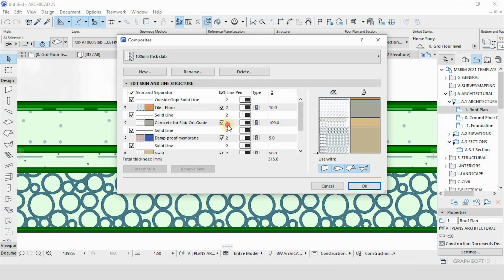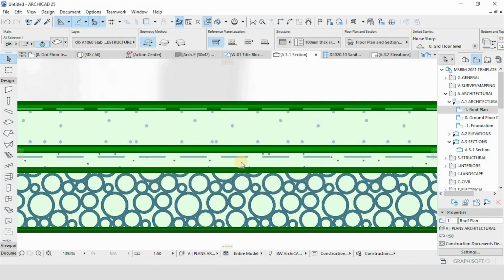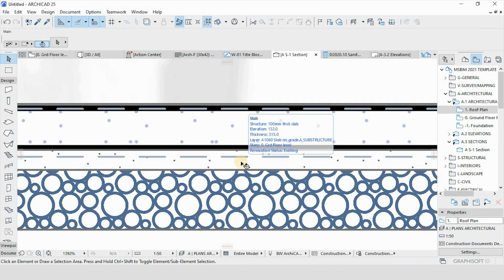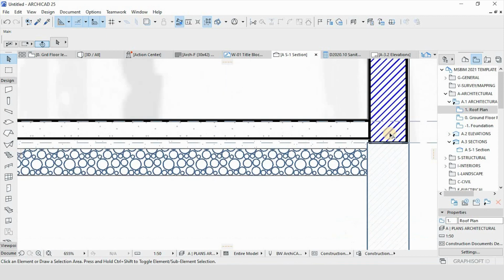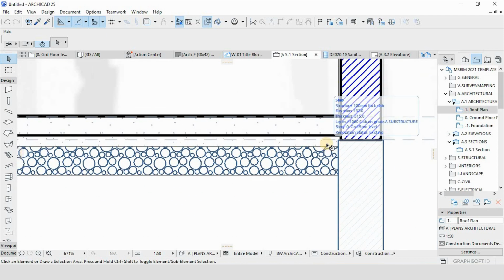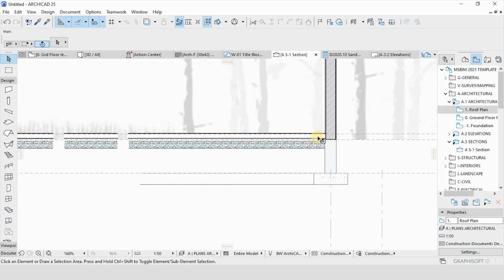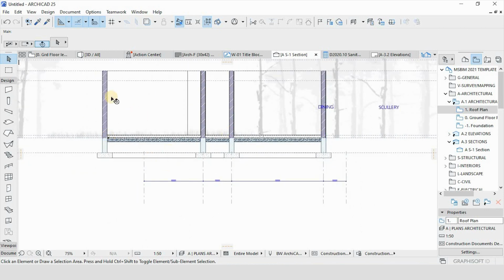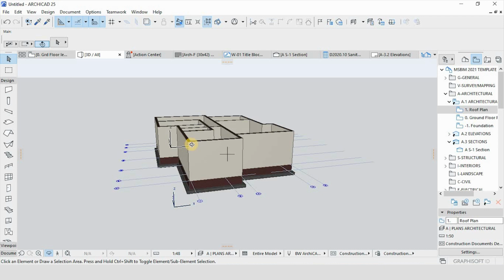So for concrete is the only one that will be thicker, since it's a structural material. Simply hit OK. And now you can see the representation of our material is now on point. So after having created this,